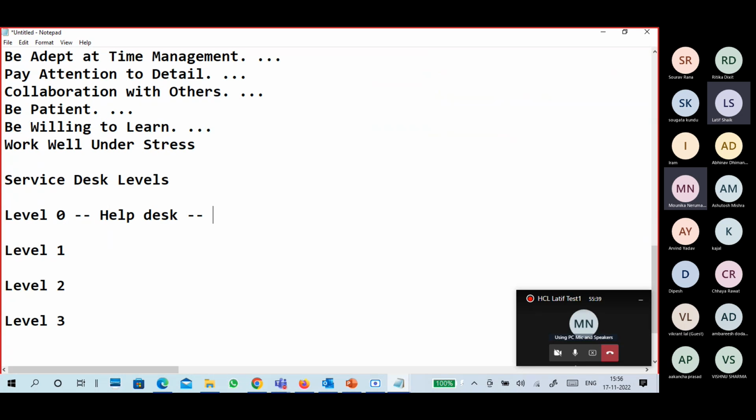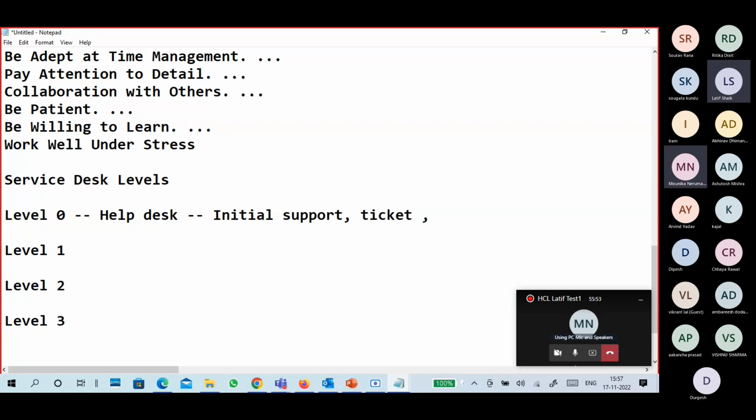It's like an initial support, giving initial support, ticket creation, ticket management, kind of stuff, giving support to the customer. Supporting means giving some ideas on how to check it, how to resolve it. Very basic level. So ticket management, escalating tickets.